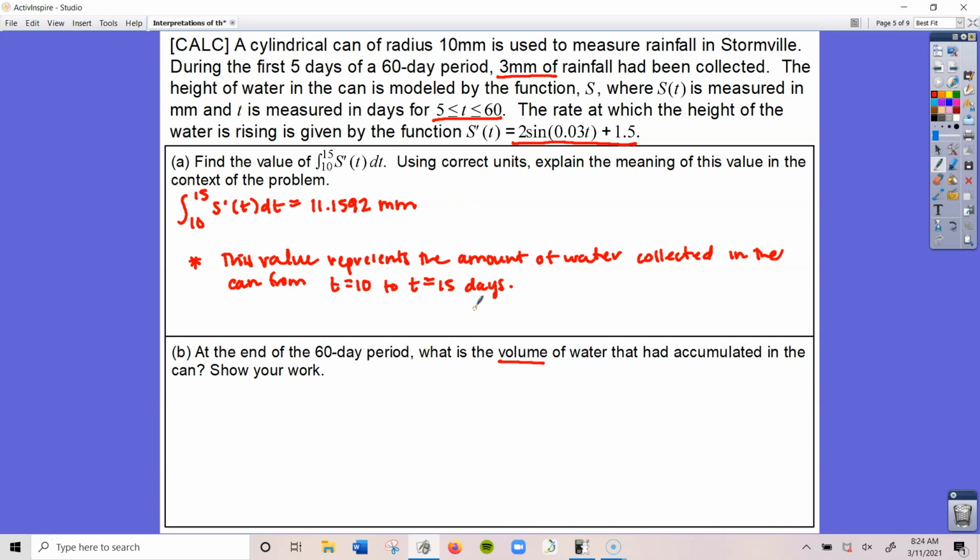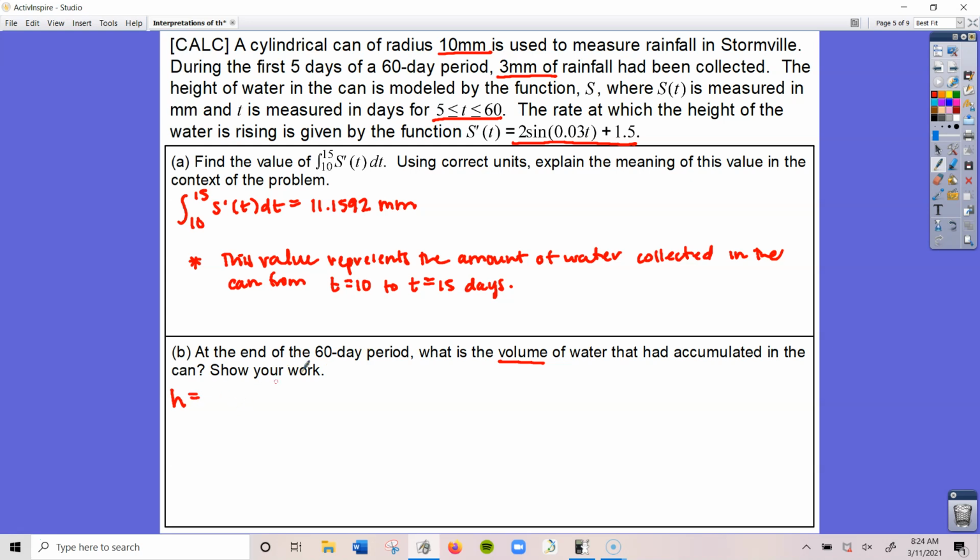Because what this tells us, this is 3 millimeters, that's the height of water. And then the same thing for when we integrate, that's the height of the water that was collected in the can. So if we want the volume, we're going to need to multiply, right? This is a cylinder, and it does tell us that the radius is 10. I'll get to it. So the height of the can